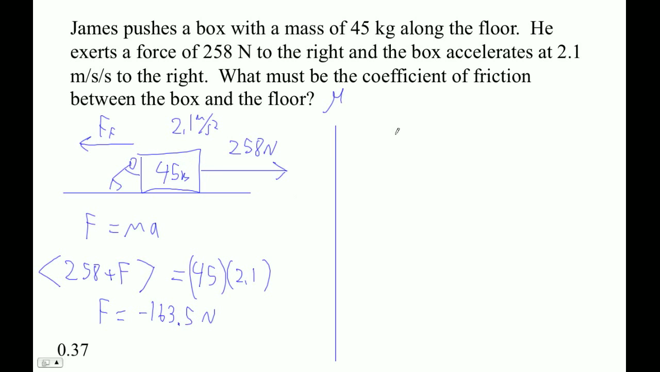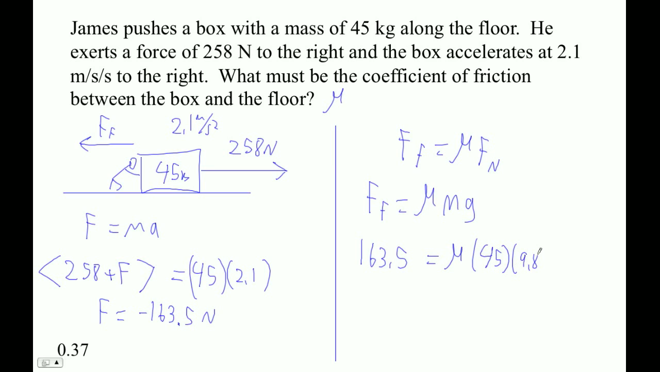So now we're going to use the idea of the force of friction, right? The force of friction is mu times the normal force, right? So that means the force of friction is mu times m times g, right? So let's just toss this number in there. I'm going to make it positive because I don't want to get a negative coefficient, right? 163.5 equals mu times 45